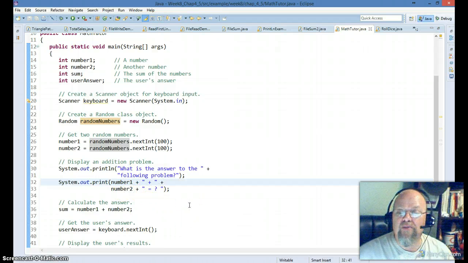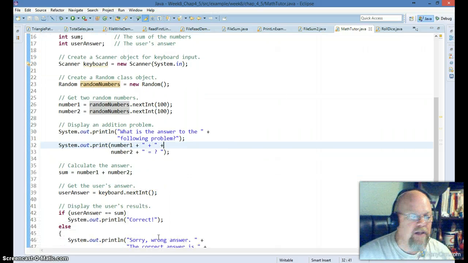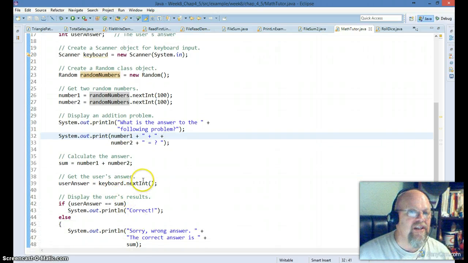So basically we're saying this random number plus that random number equals what, and then I go ahead and say sum equals number1 plus number2, and the user answer will be a keyboard entry, and notice it says nextInt, so it is expecting an integer data type that's being put into the user answer, and if the user answer is equal to the sum, we go ahead and say correct, else we'll say incorrect. So if we were to run this,